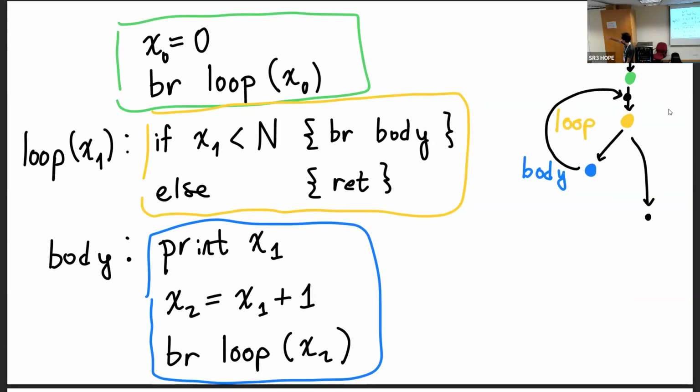Let's look at our control flow graph here. So we see that if we want to get here to the loop area, then we need to go through the entry block. And so therefore, any definitions in the entry block are visible in the loop area. On the other hand, we can get to the loop area without going through the body area, namely, the first time. So any definitions in the body area should probably not be visible in the loop area. Similarly, we can get past the body area without ever touching it. So definitions in the body area should not be visible past the end if there's anything past the end.